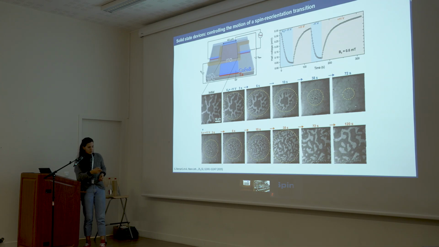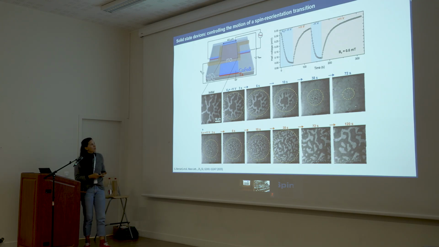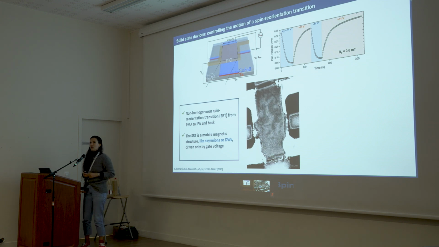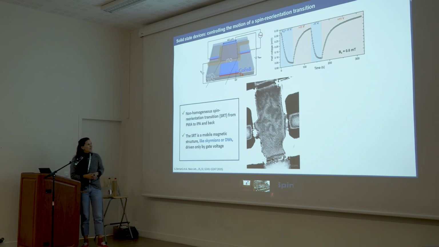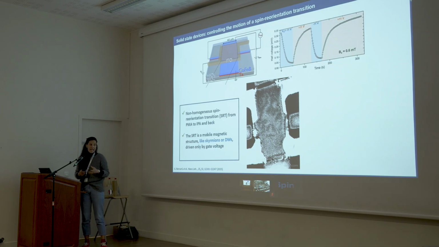So after we do this, we change the polarity of the gate voltage, and then this expands again towards the edges. So yeah, this was really something new to us, to see that this was not necessarily a homogeneous process. Well, this is what it looks like in dynamics. You can really see it moving in and out when we change the polarity of the gate voltage. And this is very interesting, not only to learn a bit more about the process, but also to see that what we call the spin orientation transition, which is this boundary between the two anisotropy states, is actually